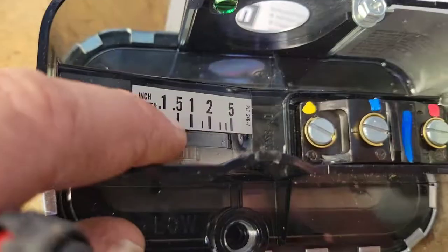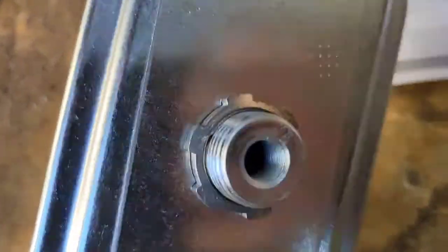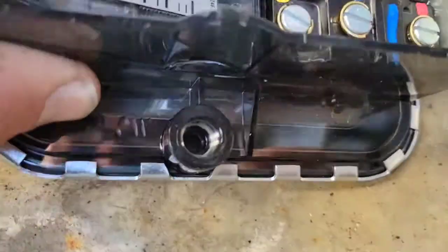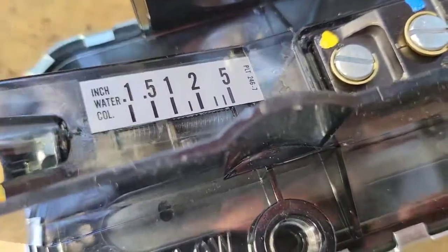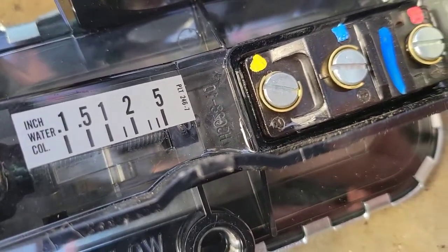So you see this right here, this is your adjustment for pressure, right? So what it does is it takes the low pressure and then takes the high pressure that goes in the back, and you can see for this one that's already installed, the low pressure fitting on the front, the high pressure fitting on the back. So low, high, takes the differential between the two, and if the differential is greater than, you look right there, you see that little screw right there, it's like maybe 0.75, maybe 0.875 inches of water column, then it will activate